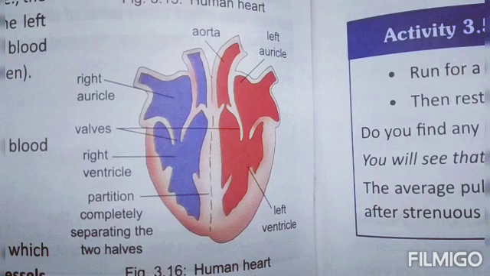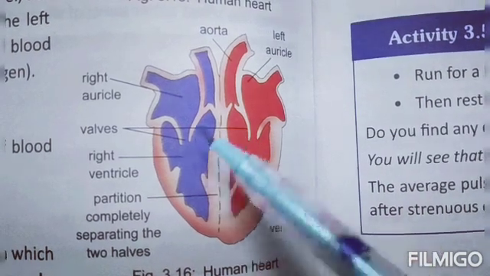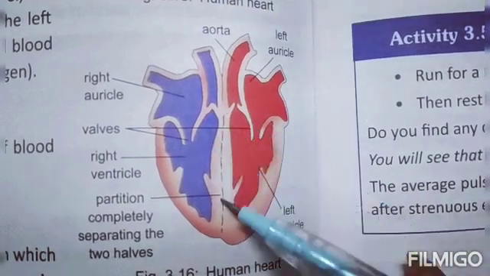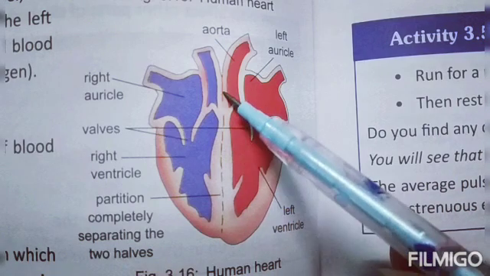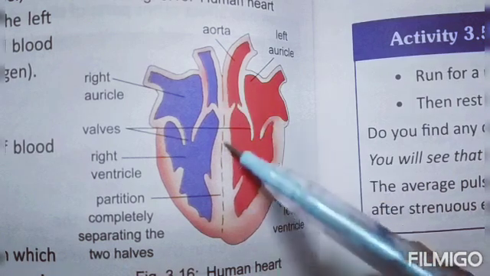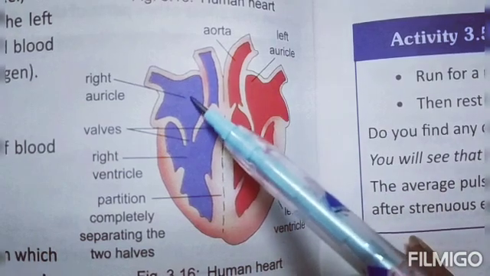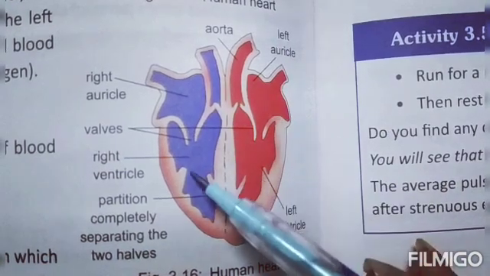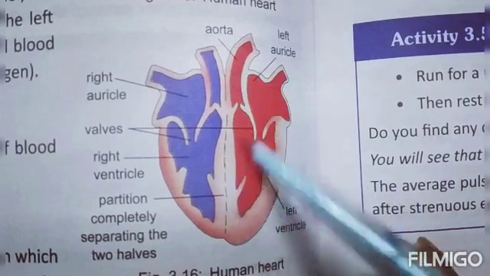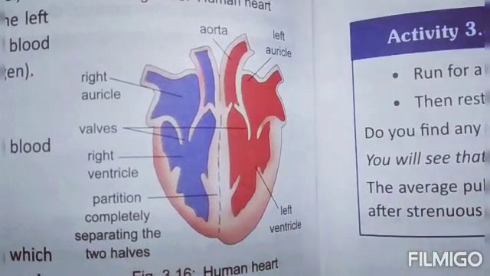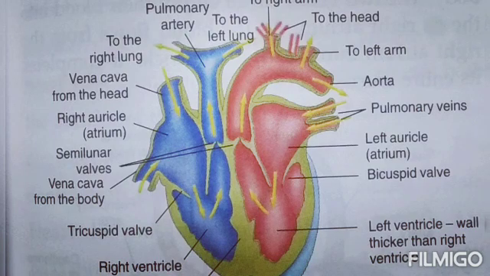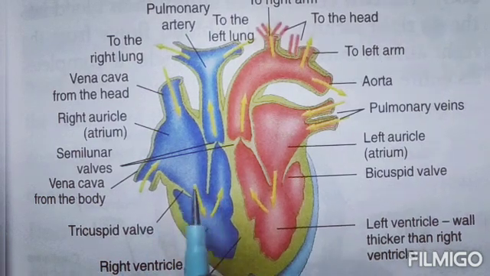There is one thing more, children, that you can see in this picture. There is a septum. See, there is a septum that divides the left side from the right side. So that way we have the four chambers, 1, 2, 3, 4, and this septum is separating them into the four different chambers. Now this one you can have again a clear view of, children.